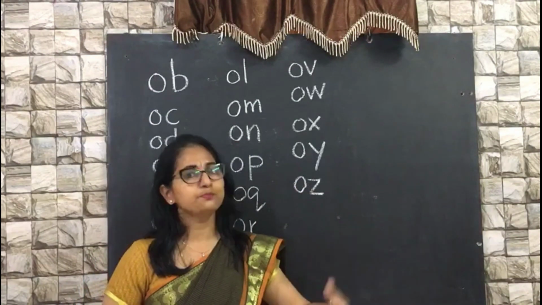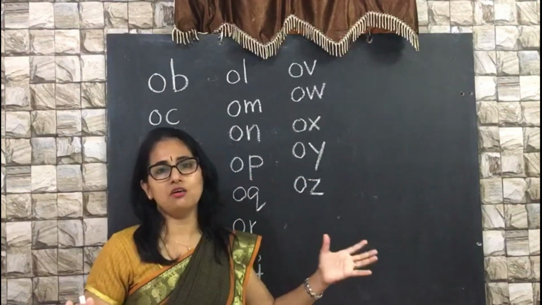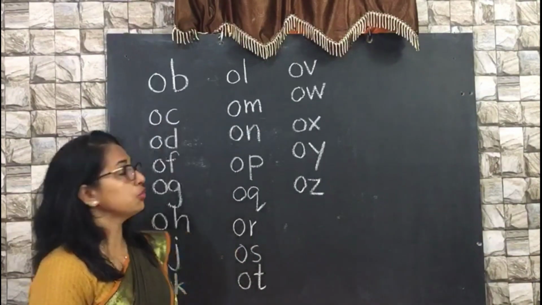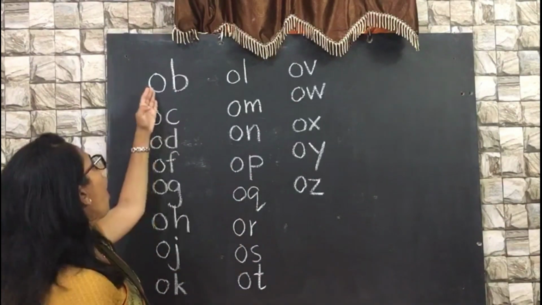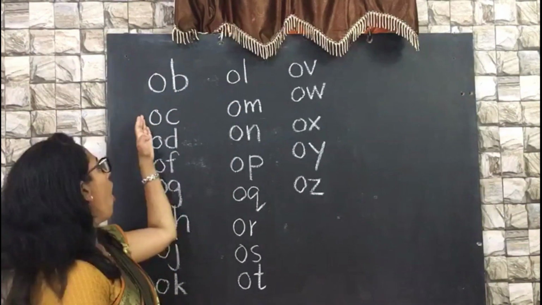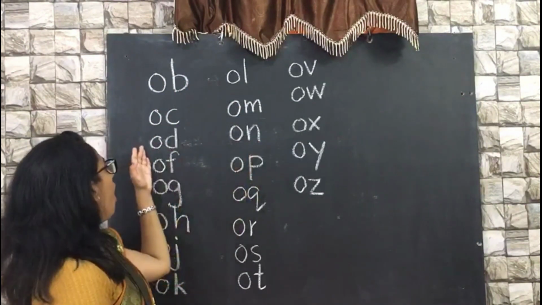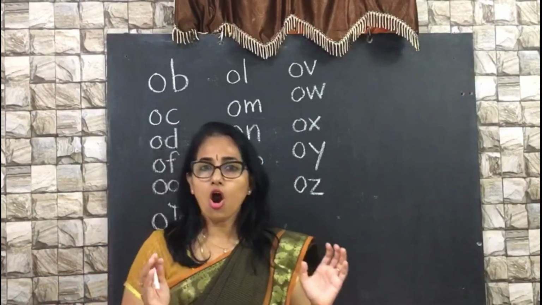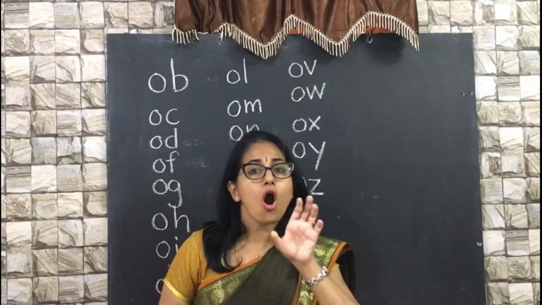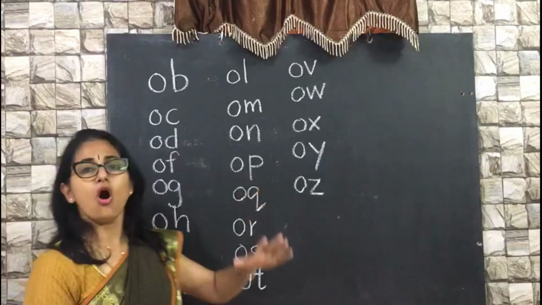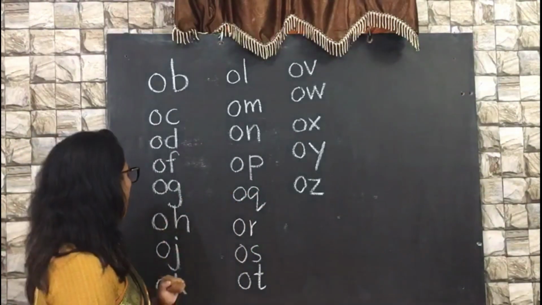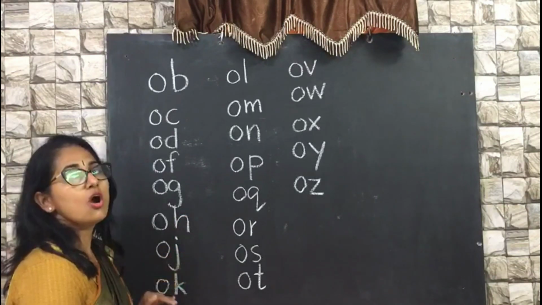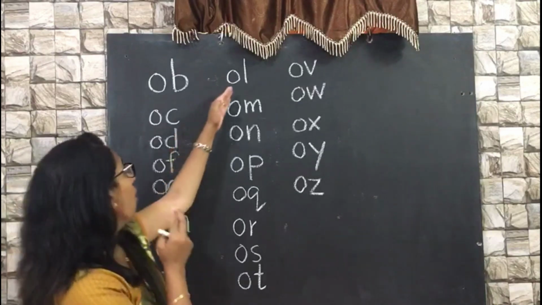And do you know one thing? O vowel is such a lovely vowel. He is friendly with all the consonants. This is how you should make your child read together: ob, ob, ok, ok, odd, odd. The sound of O is something like orange. When you say orange, that is the sound of o: off, og, oh, oj, ok, o,